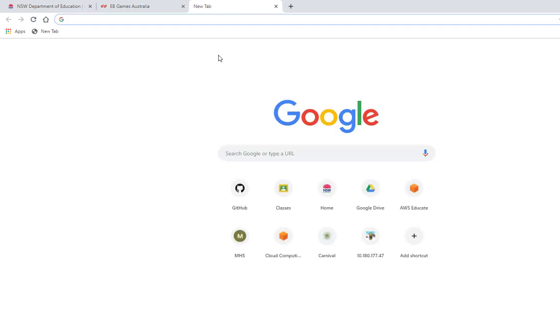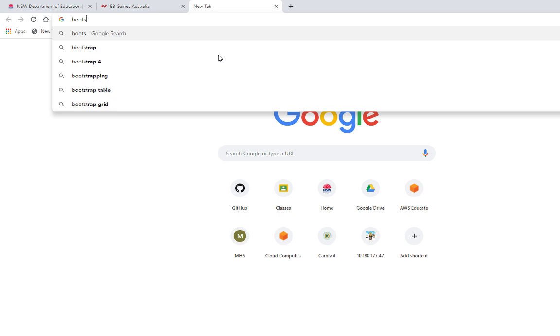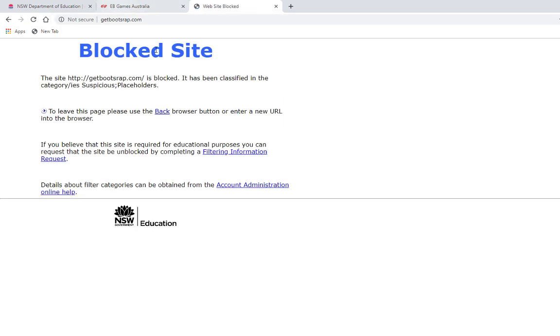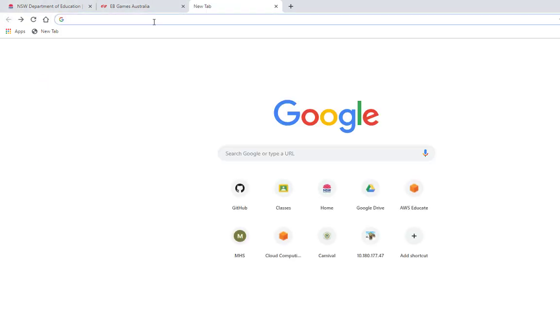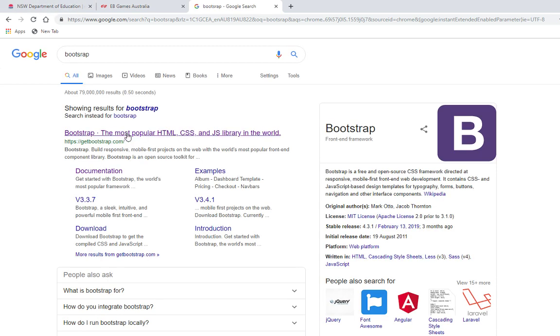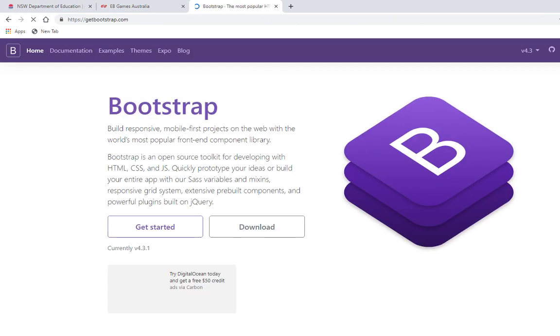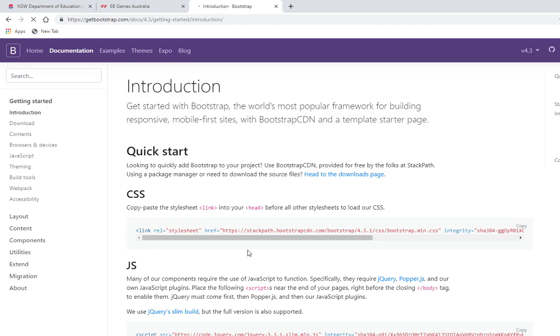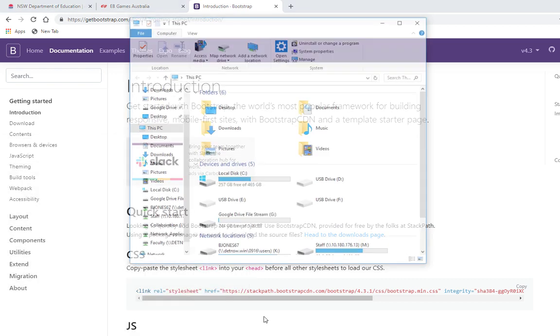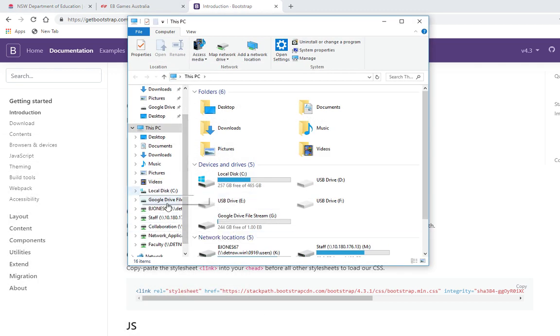So we go to Bootstrap. It's Get Bootstrap. There's a link to this from the tools. We don't need to download, just go get started. And what we're going to do first is inside your